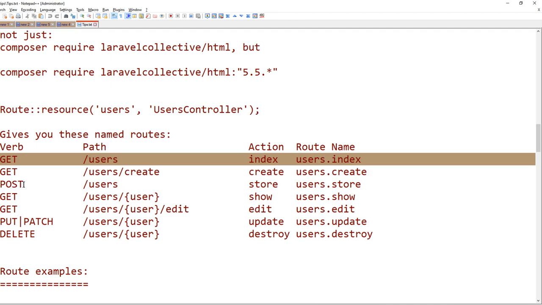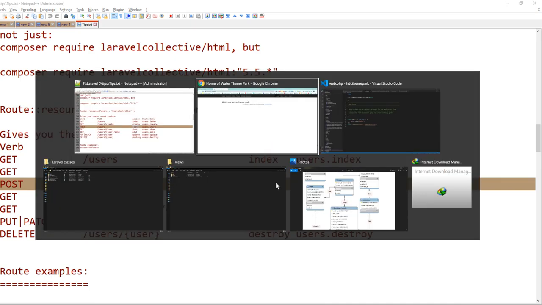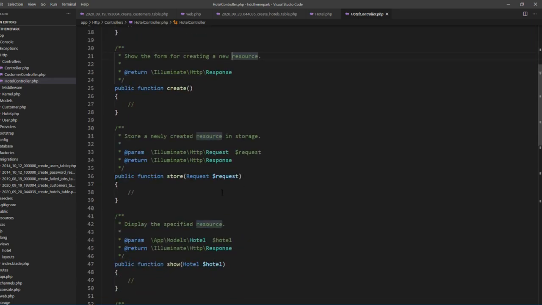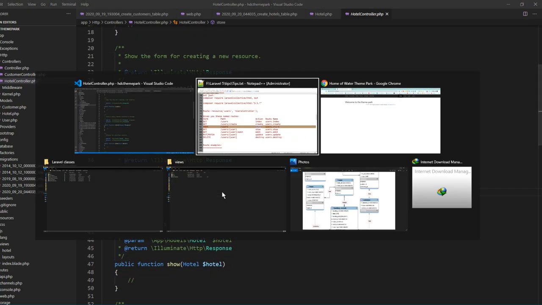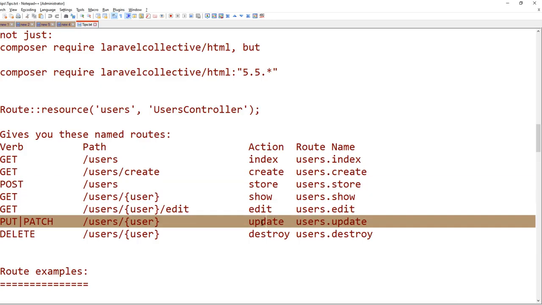If a form is submitted to a /user URL, then it is saving the data. There is a store method in the controller here, so it will go into the store method. The same applies to all other methods, like the show method, edit method, update method, and